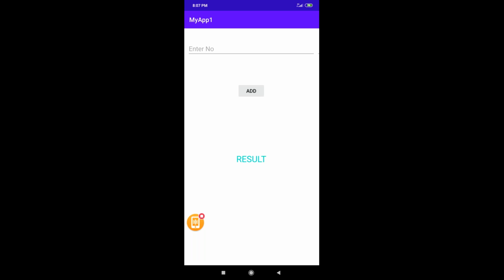So I'll take the project as a simple one. Whatever number you are inserting, when you click on the button add, okay guys, please look carefully, I'm putting the project in a different way. Suppose I'm inputting the number 20. If I click this button add, I want 5 to be added to this, and here in the result I should get 25. I'm just reducing the project to a little bit easier project. Take a number, whatever number you are taking, 5 will be added to that number and the result will be 25. Okay, this is our project.